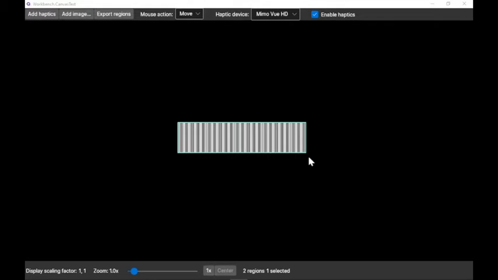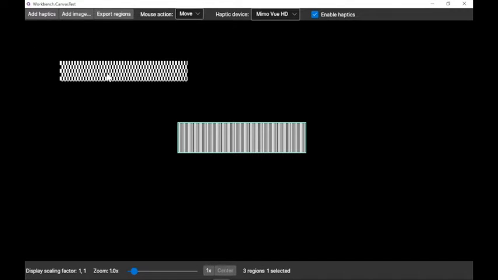On screen, you will see a visual representation of a haptic texture. This is called a haptic region. You can create new haptic regions by pressing the Add Haptics button. These regions can be moved